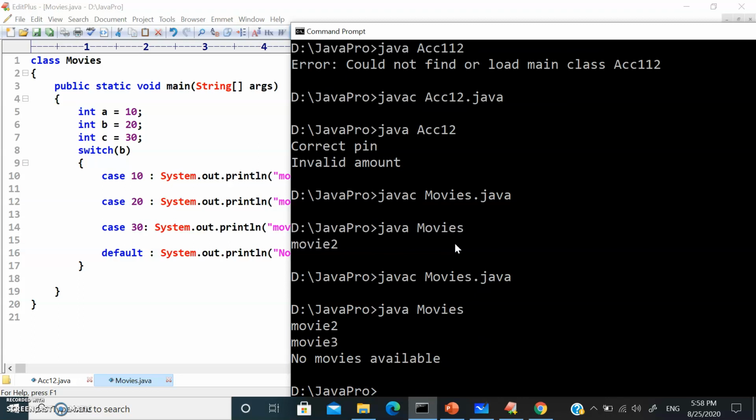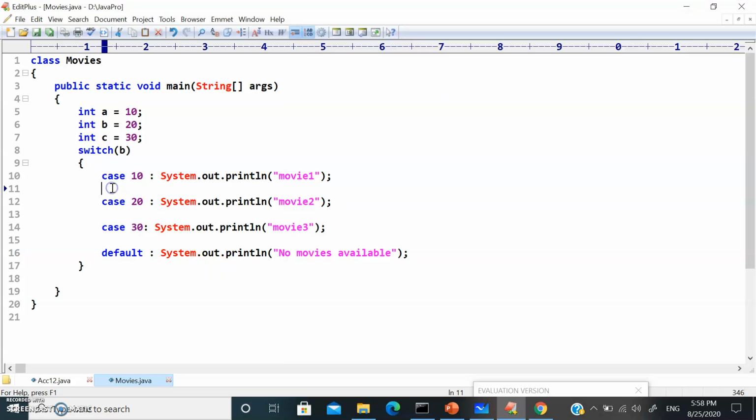It's printing everything, right? So if you're not mentioning the break statement in the switch case, it keeps on printing the case 20 value, the case 30 value, and the default value as well. That's the reason in the switch case a break is mandatory. If you don't give break, then it's going to print everything.